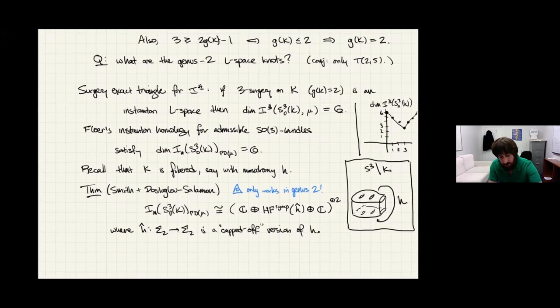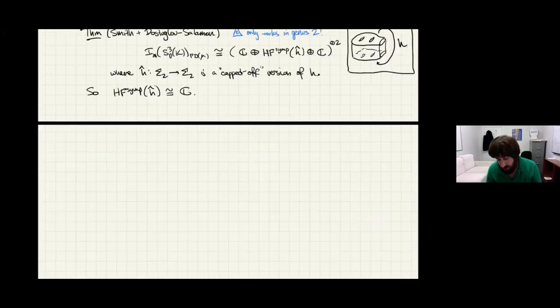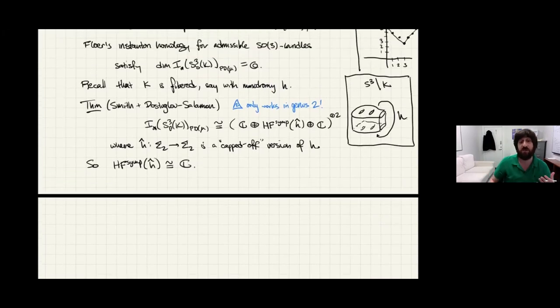So what we know based on this is the following. Well, this was 6-dimensional. Here we've got a total of 4 dimensions from these factors here, and then 2 copies of this have the remaining rank, which is 2. So the corollary is that the symplectic Floer homology, whatever this is, is 1-dimensional. Okay, so we've understood something, some invariant actually of the monodromy of a genus 2 L space knot.